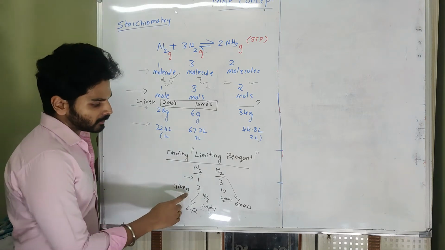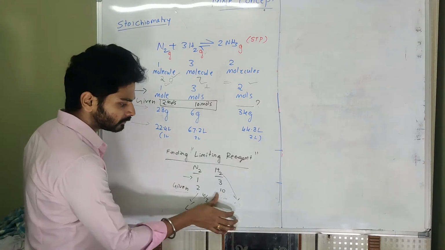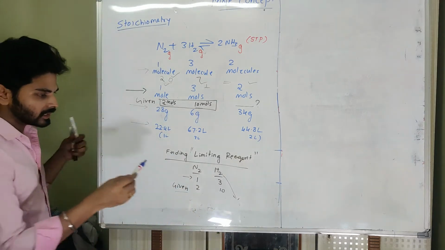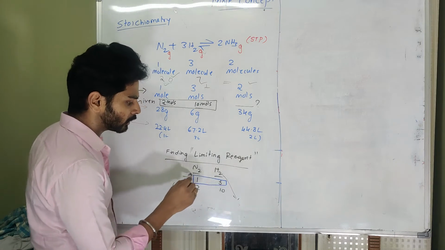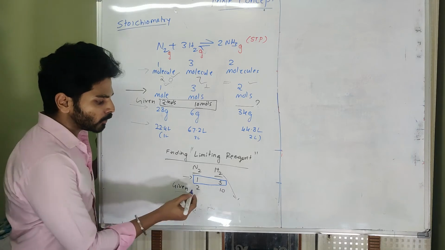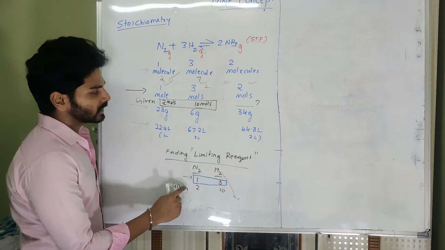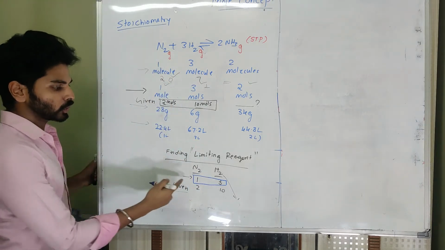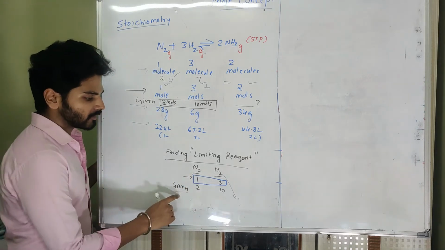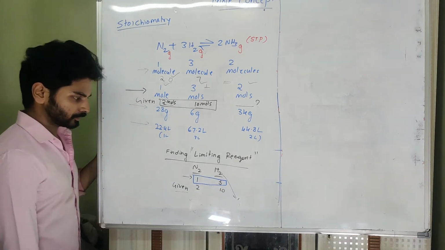For that purpose, whatever given data is there, we have to compare. So I'm explaining this again. Given data is 2:10 moles. And remember the 1:3 that we get from the balancing of the reaction won't be given in the problem. What is given in the problem is only 2 moles and 10 moles. So we have to write the reaction, and thereafter see what the actual stoichiometric mole ratio is. We come to know that the stoichiometric mole ratio is 1:3 and what is given is 2:10. So now out of this we have to find the limiting reagent.